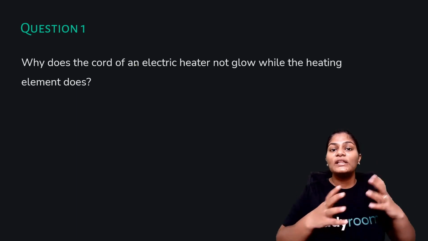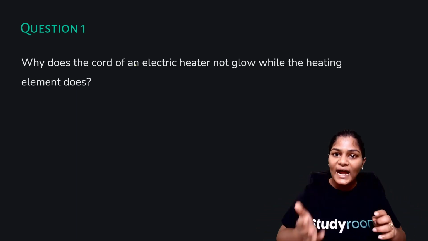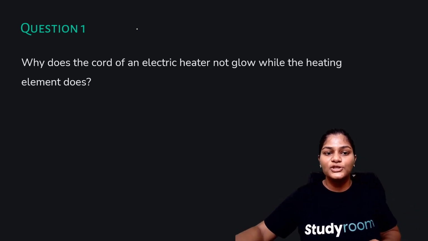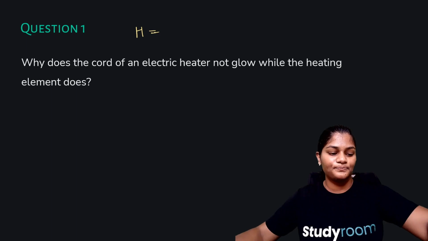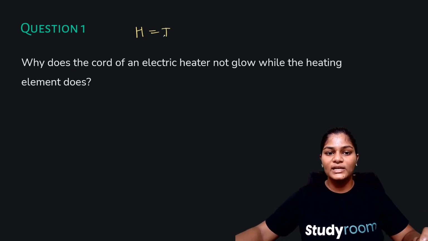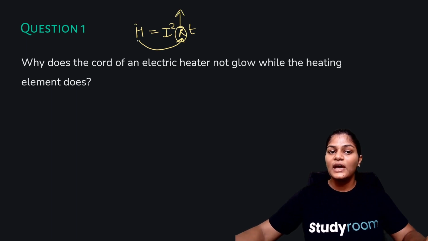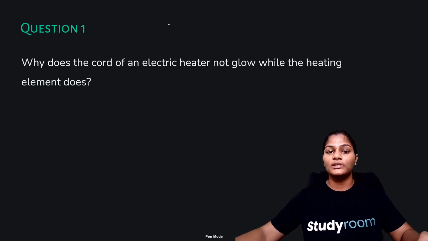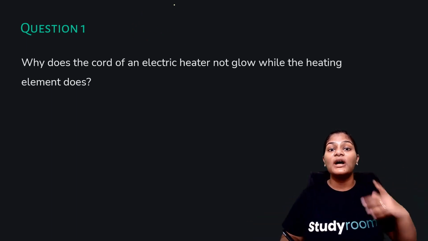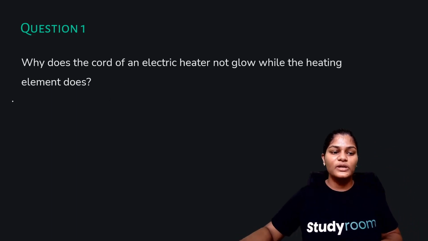So you remember when I told you that when a resistor has very high resistance, it's going to resist the current a lot. So in that case, now that we know Joule's law of heating, we know H is equal to I square RT. So we studied that the heat is directly proportional to R also. So that means if R increases, H also increases, right? So what does that mean? When a high resistance wire is connected in a circuit, the heating effect is also going to be much more. Whereas if resistance is less, the heating will be less. So now we can answer this question.